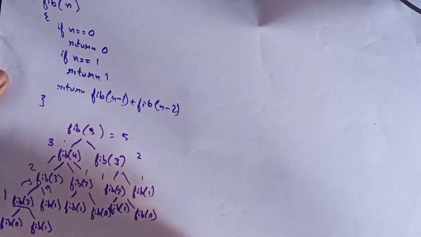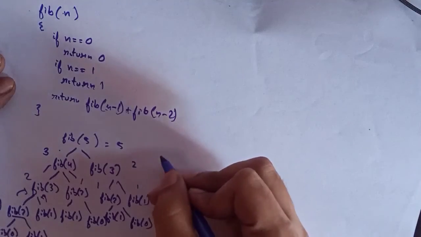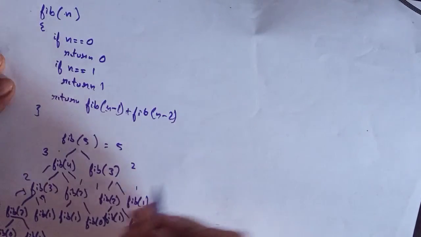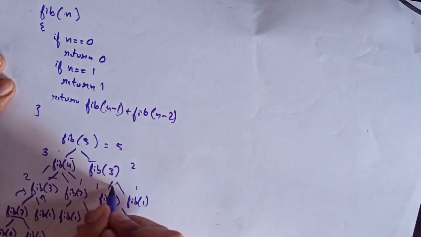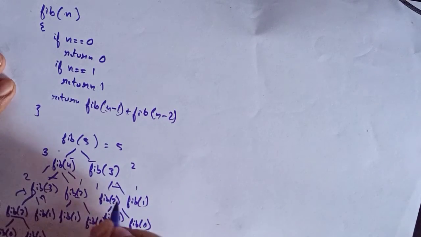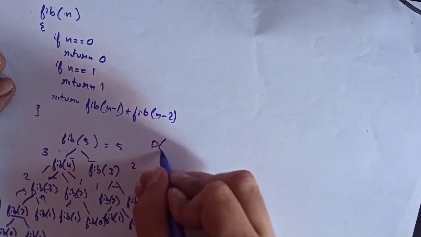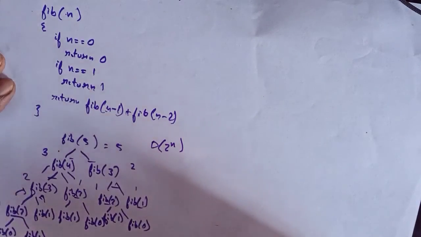So what is the problem here? The problem is in the execution and its runtime complexity. When we execute this program in this way, the runtime complexity grows exponentially, since every node has 2 children, so it will give a runtime complexity of 2 to the power n, since it grows exponentially.